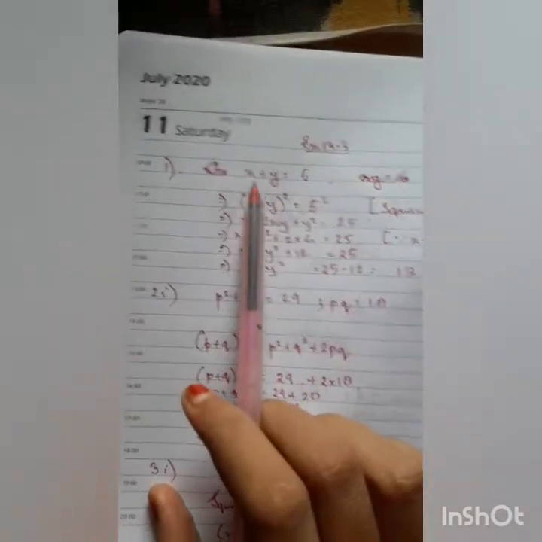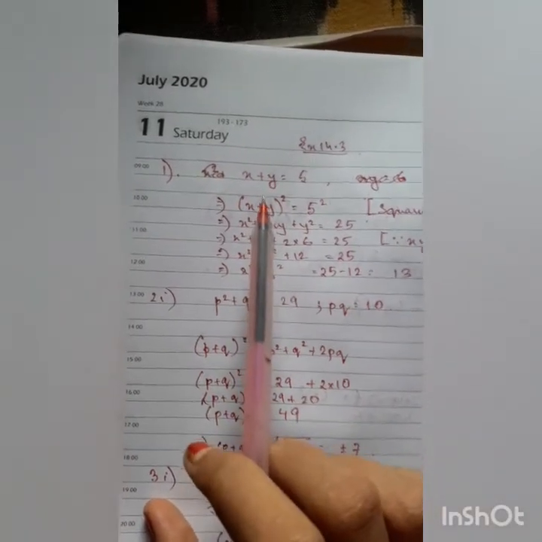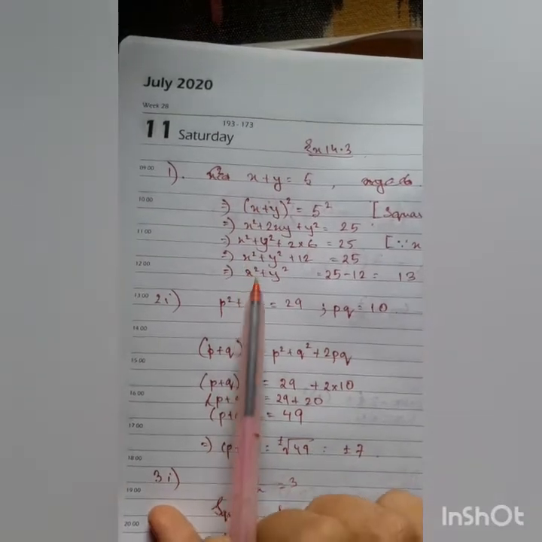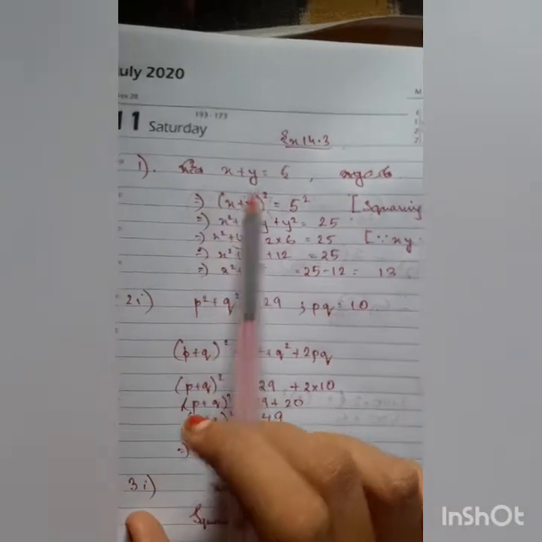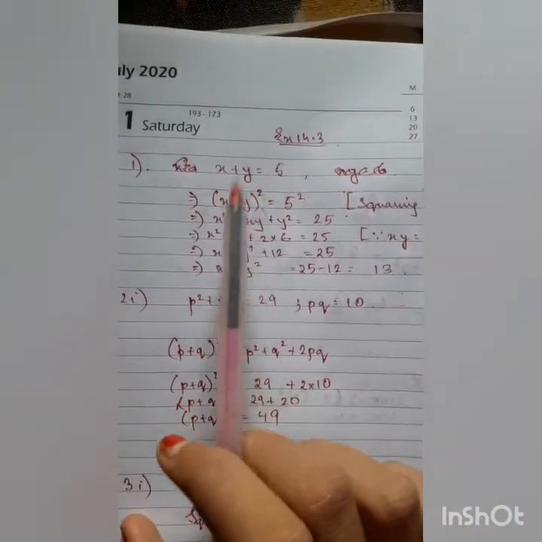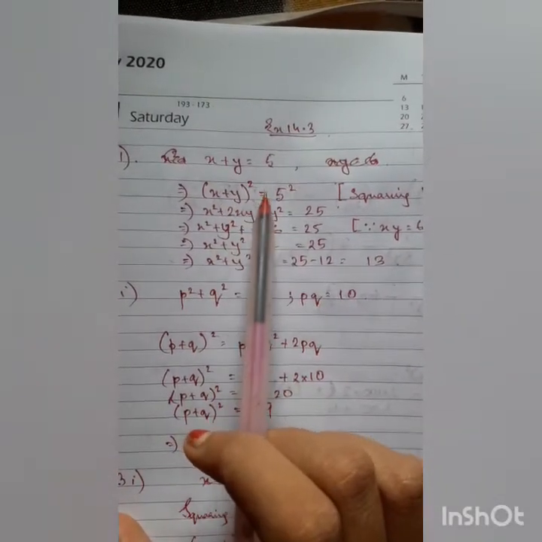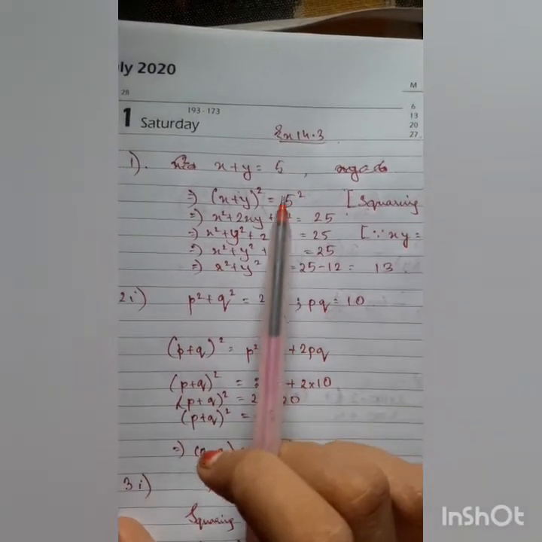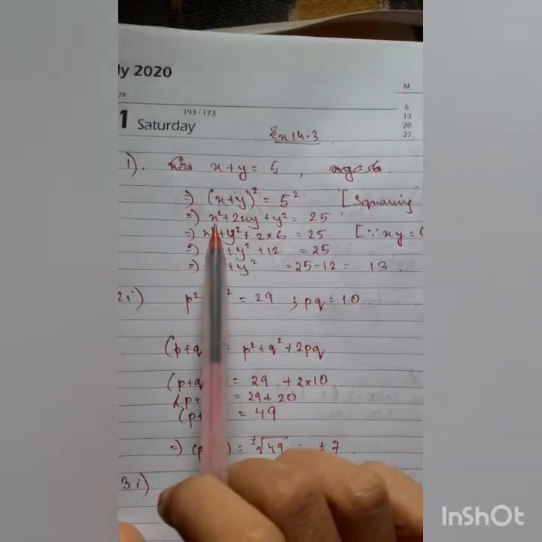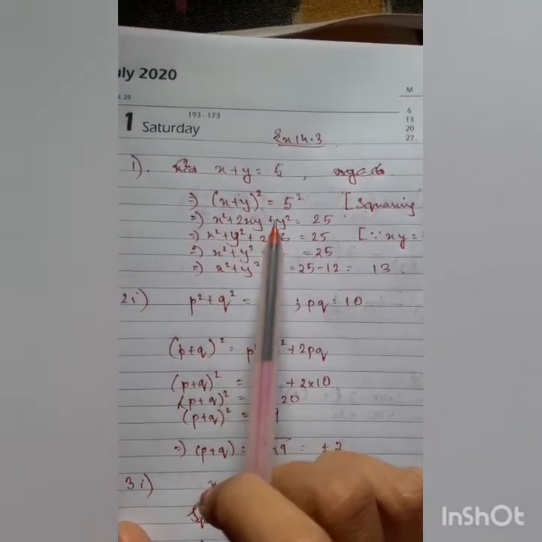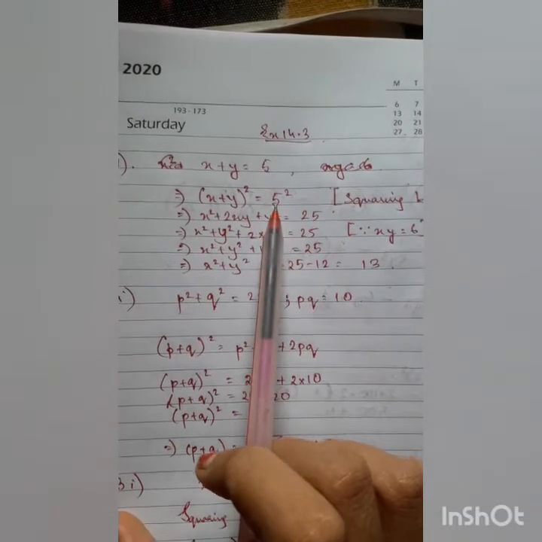Question number 1, x plus y equal to 5 is given and xy is given. You have to find out the value of x square plus y square. See what we have done. First you will write x plus y equal to 5 as it is given. Okay children. Next line, squaring both sides, that is x plus y whole square equals 5 whole square. So we get a plus b whole square, that is a square plus 2ab plus b square, that is x square plus 2xy plus y square, and 5 square is 5 into 5, 25.